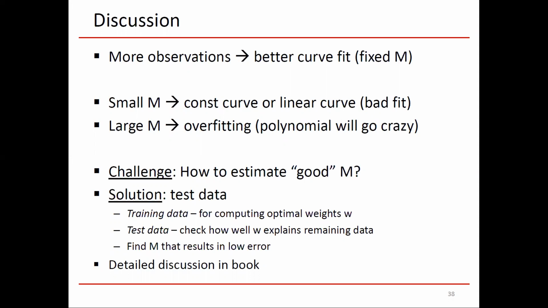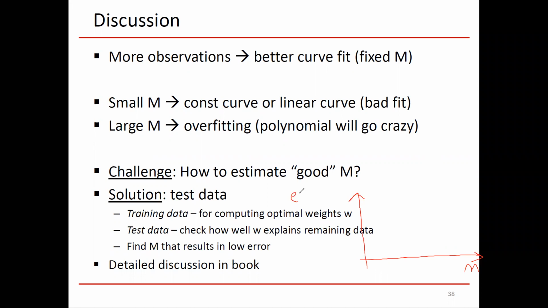A possible solution is test data. You'll partition your data into 2 parts. Most of your data, or part of the data, will be training data, which you'll be using for calculating the optimal weights, the W's, and you'll hold back part of your data as test data. And after training, you're going to evaluate how well that W explains the test data. And after running this several times, you're going to be able to have a curve. So in your curve, the horizontal axis will be the model order capital M, and the vertical axis will be